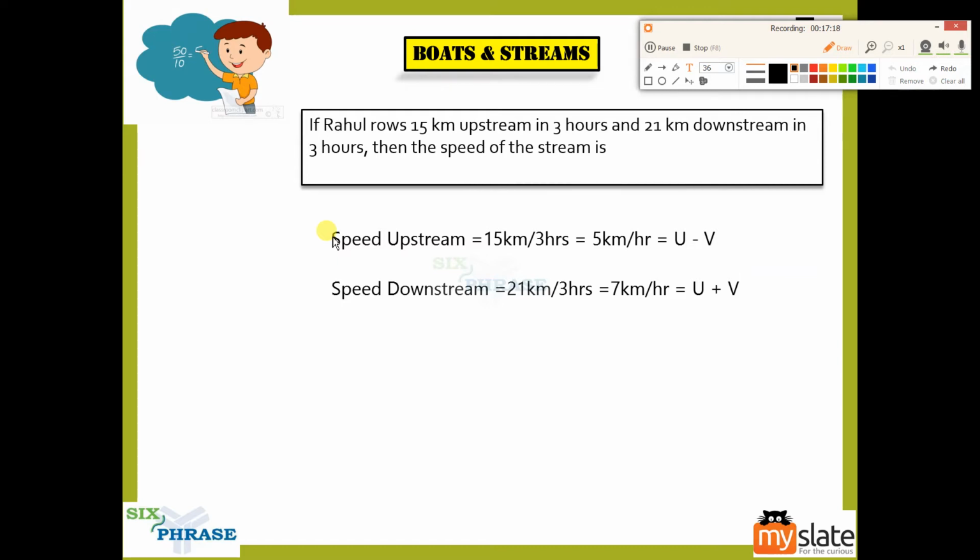So you need to find the speed of the stream, guys. What is the speed of the stream? You need to find v. You have two equations, two unknowns. Now it is easy to find it, right? But you just have to make sure you find v. So negate the second equation, because you have to find v. You have u plus v is equal to 7, u minus v is equal to 5, right?